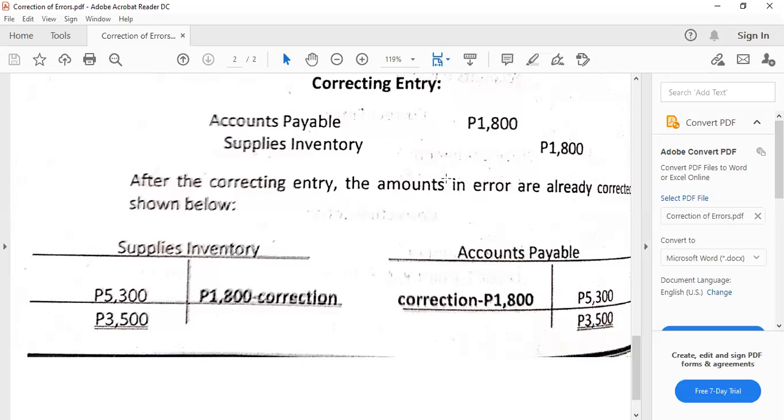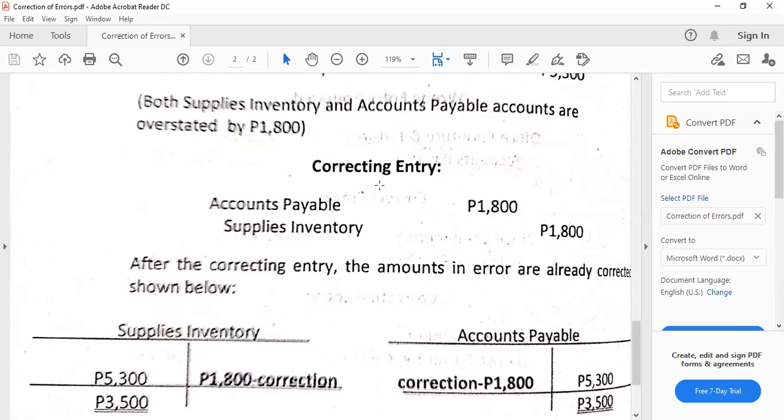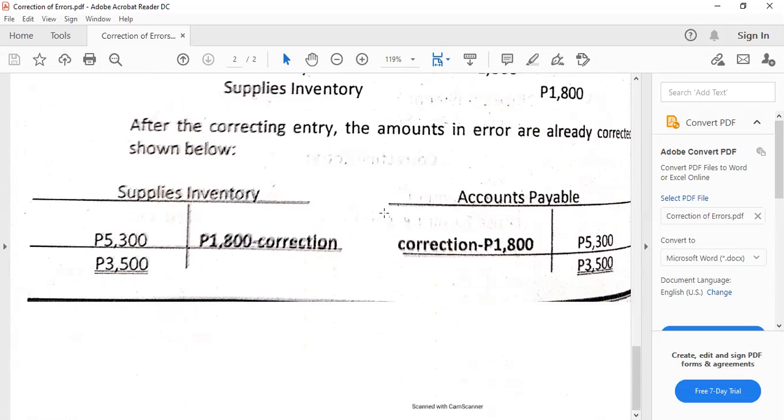As I've said, it's also possible that we will have 2 or more combinations of errors. But if you know the concepts and you understand what you are doing, then you'll be able to get the desired adjusting entries. And by the way, a correcting entry is, of course, an adjusting entry. It's just that correcting entry is the term used because this is on correction of errors. All right, so hopefully you've learned something, guys, from this session. This is the end really for adjusting entries. Thank you very much and God bless us all.